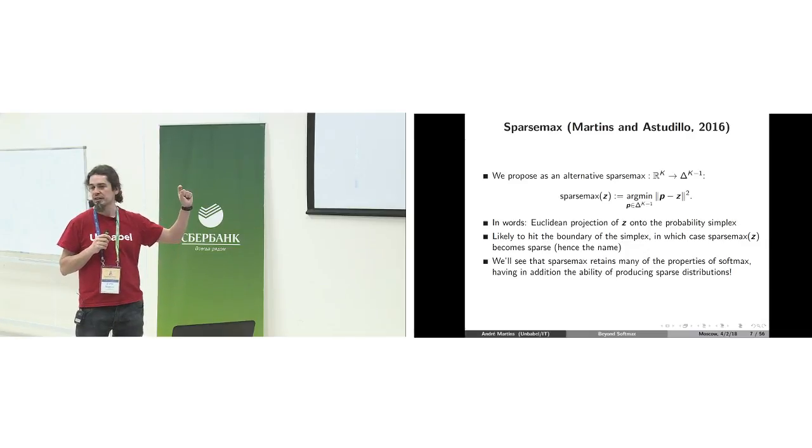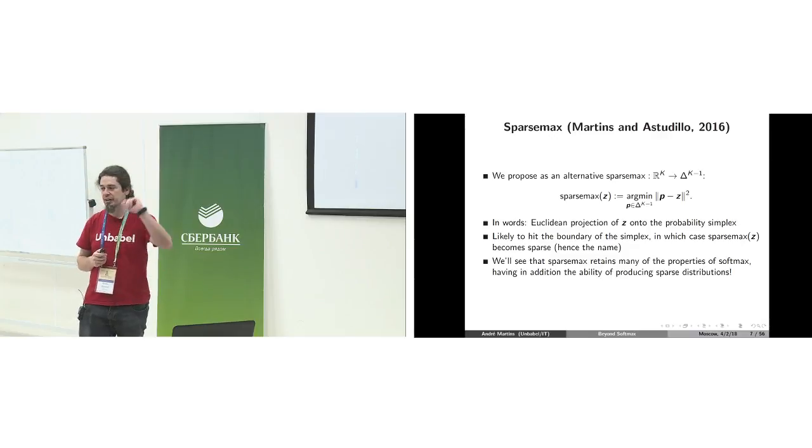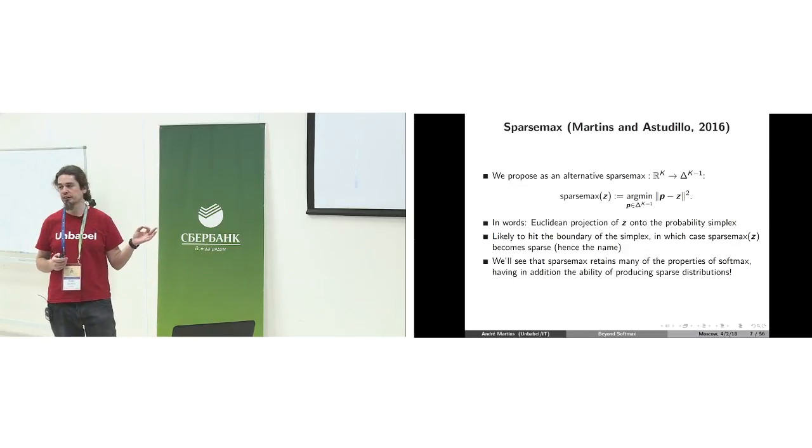Okay, but it's not a continuous optimization problem. It's going to give you 1 in one of the coordinates and 0 on all the other coordinates. So it's going to return a delta distribution, so to speak. This is not necessarily a delta distribution. It could be, and we are going to see some conditions where this becomes a delta distribution. But typically it's going to be sparse, for example, there could be one coordinate with 0.7 probability, another coordinate with 0.3, and all the others with zeros.